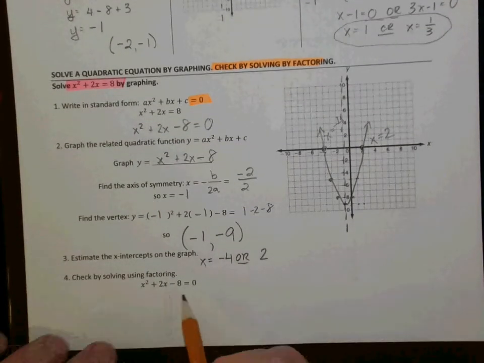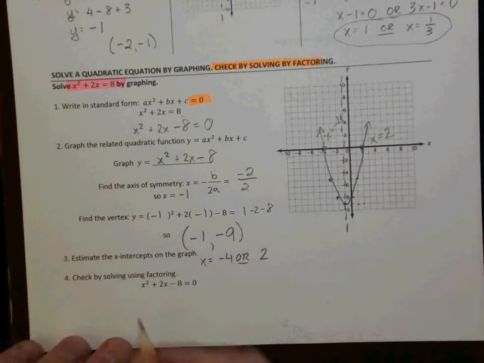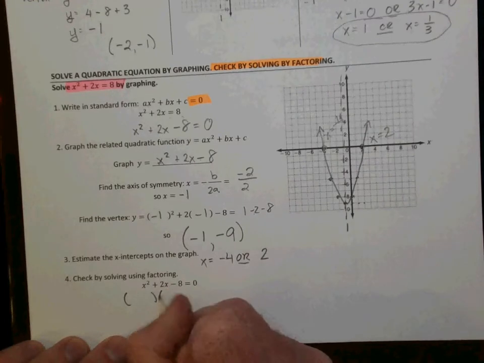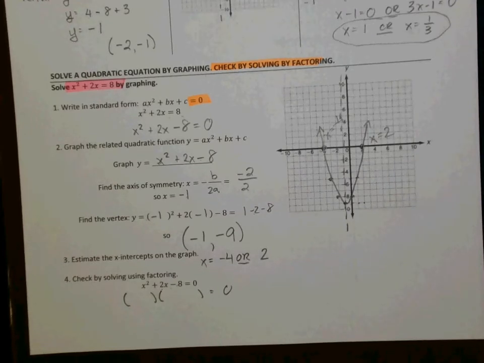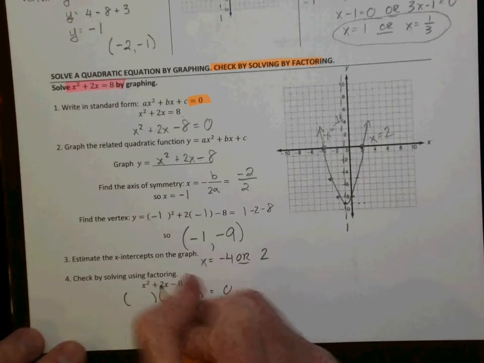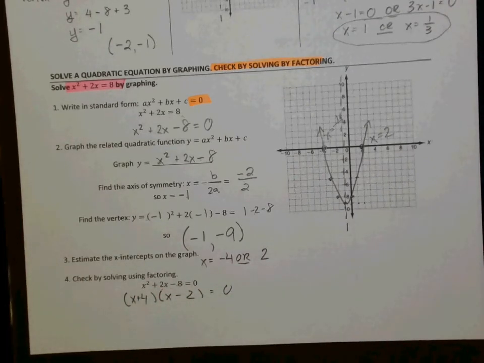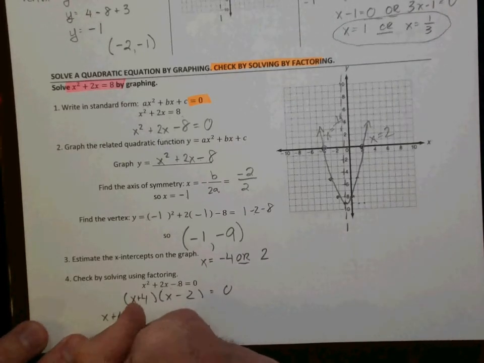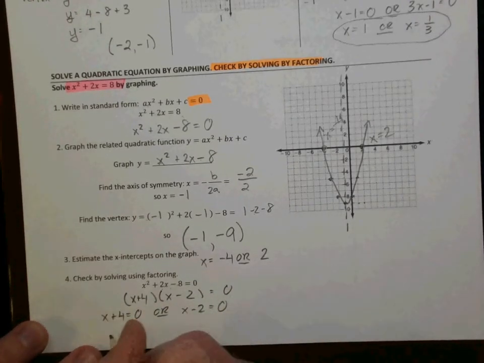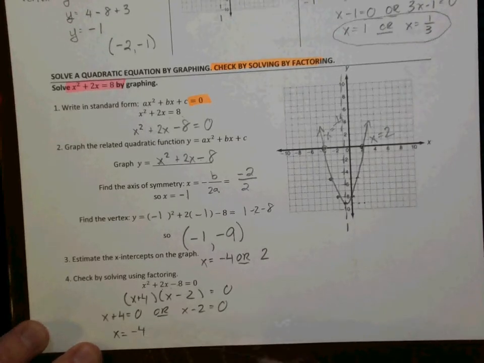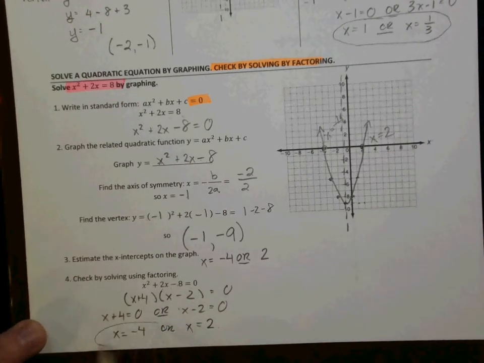First things first, I didn't even give you the original. So I gave you this. So what I want to see is, does this factor? I want two numbers that multiply together to give me negative 8, but add together to give me 2. Well, a positive 4 and a negative 2, so x plus 4, x minus 2. And then I can set each of those factors equal to 0. x plus 4 is equal to 0, or x minus 2 is equal to 0. Subtract 4 from both sides. x is equal to negative 4, x is equal to positive 2, which is exactly the same thing I got